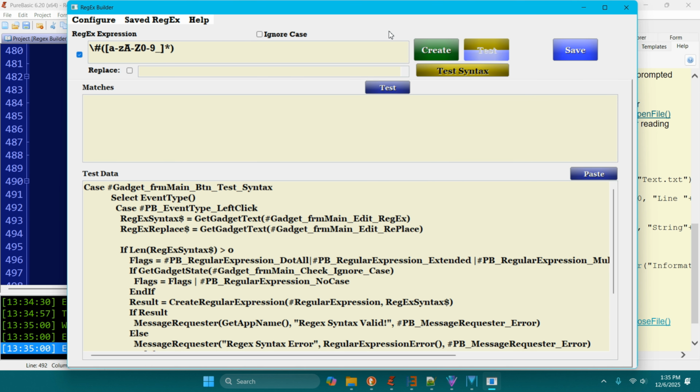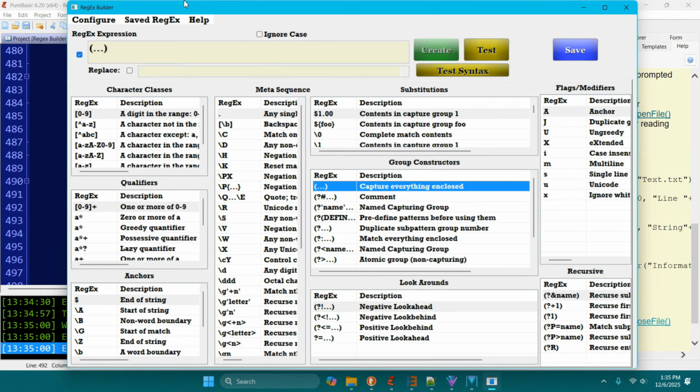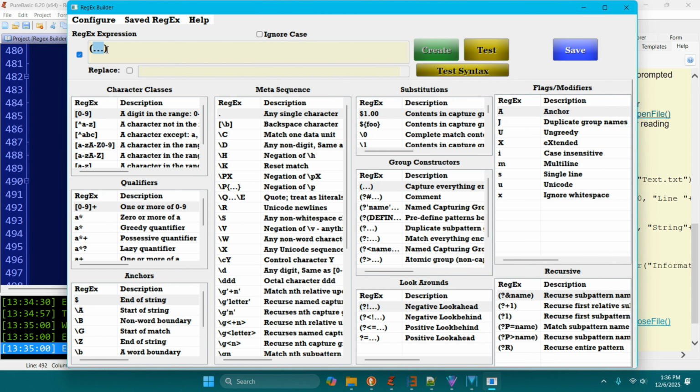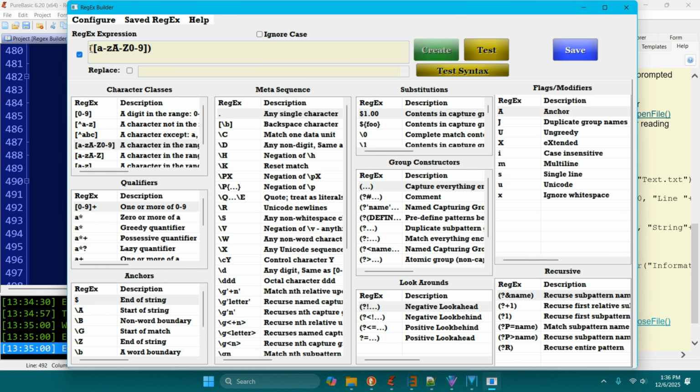Let's go back to the creator, and I will get rid of all of this because I want to point some pieces out. I've been documenting these in the manual. You can paste in by simply double clicking any syntax you like. It knows that if we've highlighted something and I paste something in, it does an RTF replace. And for right now, what I want to do is let's grab